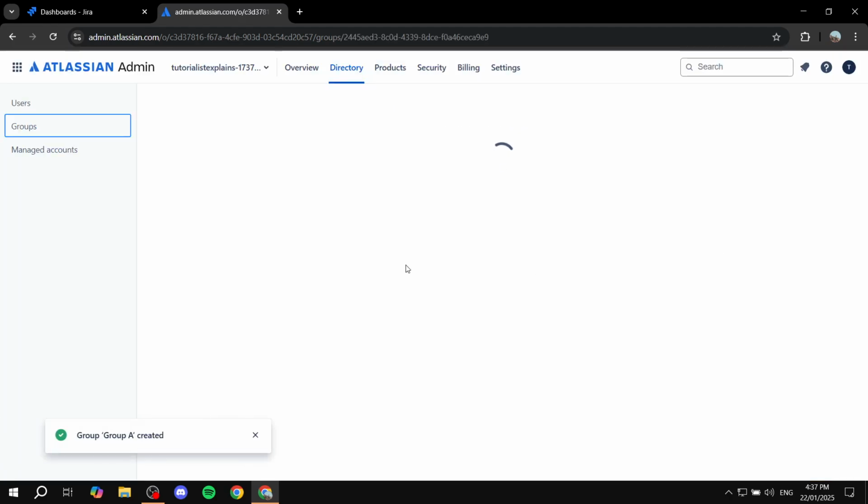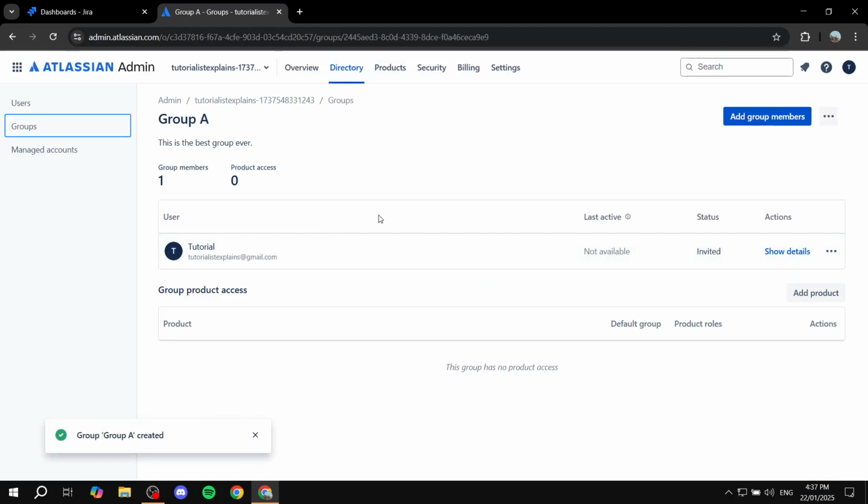Then you can obviously access the group, and it's going to also show you more information about it. You can see how many group members there are, how many product access you have, and also more things like the different information about each specific individual. So last active status, actions, and so on. So this is not really important. What we need to do now is just go to the actual dashboard screen, so you can safely exit out of here